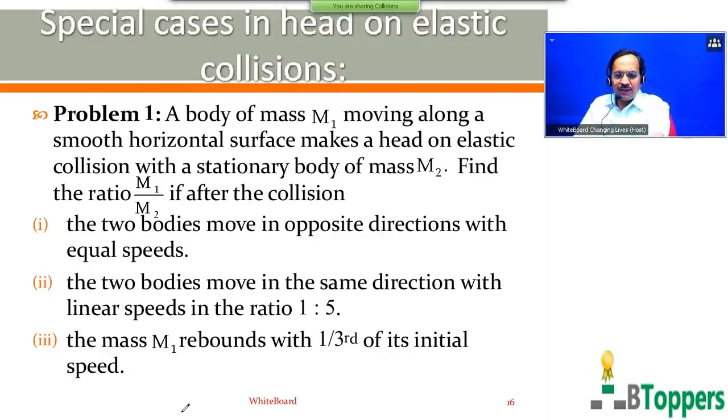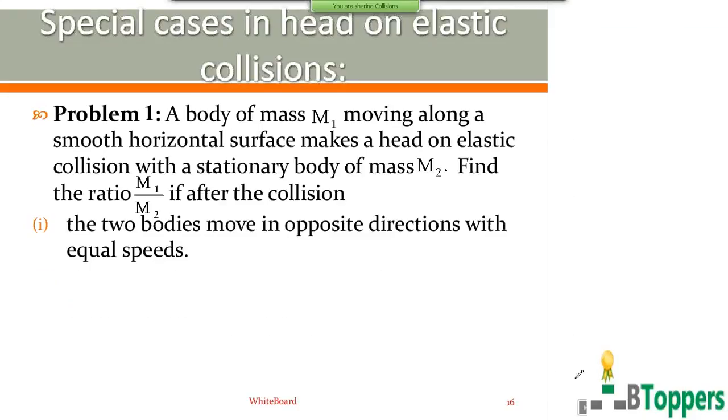So now first I am going to solve the first part of the question here. Here the second body is initially at rest. You can solve the problem by two methods. One method is using the direct expression for v1 and v2 in terms of the masses m1 and m2 and initial speed u1 of the first body before collision. If the initial speed of the second body before collision is 0, in the special case 2 which I discussed earlier,